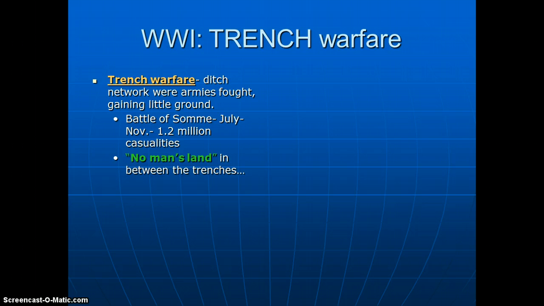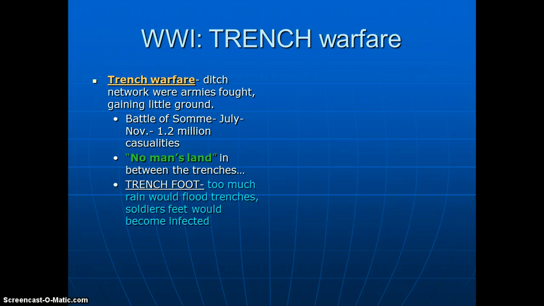So a little bit about how trench warfare worked. You had what was in the middle called no man's land. And in this area, you would have barbed wire, mines, grenades, to slow down the advancing side coming towards you. And automatic weapons were used as well to shoot down troops once close enough and in range.